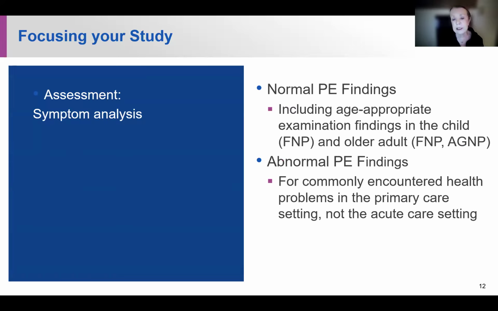You also need to know to recognize normal and abnormal physical exam findings, age appropriate exam in the child. Obviously, that's for the family NPs only. But remember, for the adult gero NPs, your scope of practice starts with the adolescent. And then all of you need to know about normal age-related findings in the older adult. And then, of course, abnormal physical exam findings for commonly encountered problems in primary care setting, not in the acute